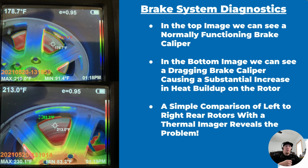We get back, we park the vehicle, we do a thermal image on the rotors on the rear on both sides, and we have almost a 40-degree temperature difference from side to side. I would say that's significant, would you? Yes, right? So we actually found that on the left rear, there was a caliper that was dragging because the